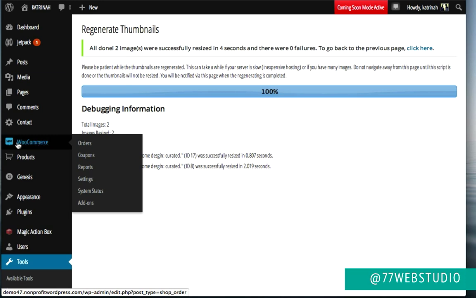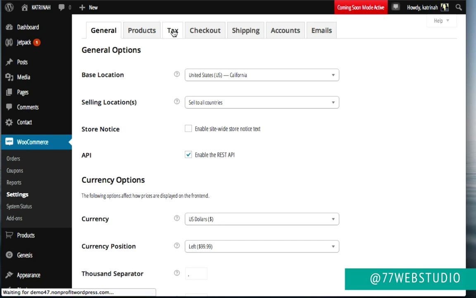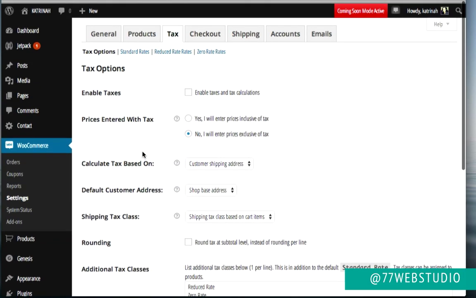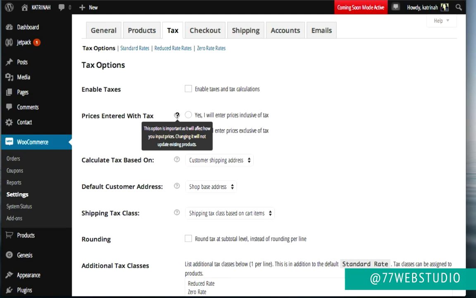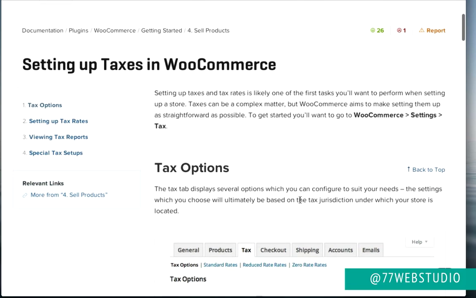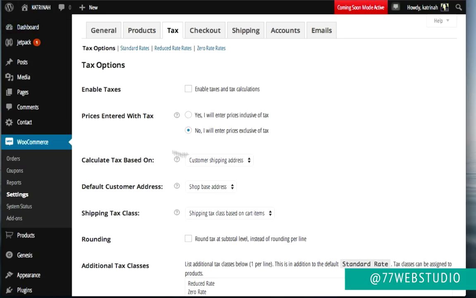So I'm going to go back to WooCommerce, hover over WooCommerce and click on Settings. Then next up are the taxes. Now taxes for everyone are very different, so I am not going to go over this right here. I'm just going to leave all of the defaults set up. But as mentioned, you can check out each of these different settings by hovering over the question mark and reading what the tooltip is to help guide you. Also, I want to note that you can also refer to the documentation at WooThemes, and I'll be sure to drop the link in this video so you can read all about setting up taxes in WooCommerce for your unique store.